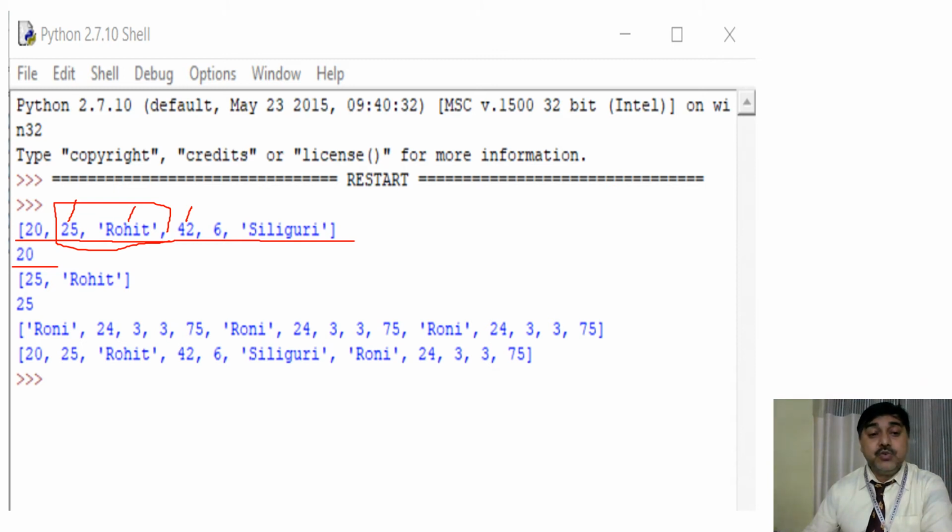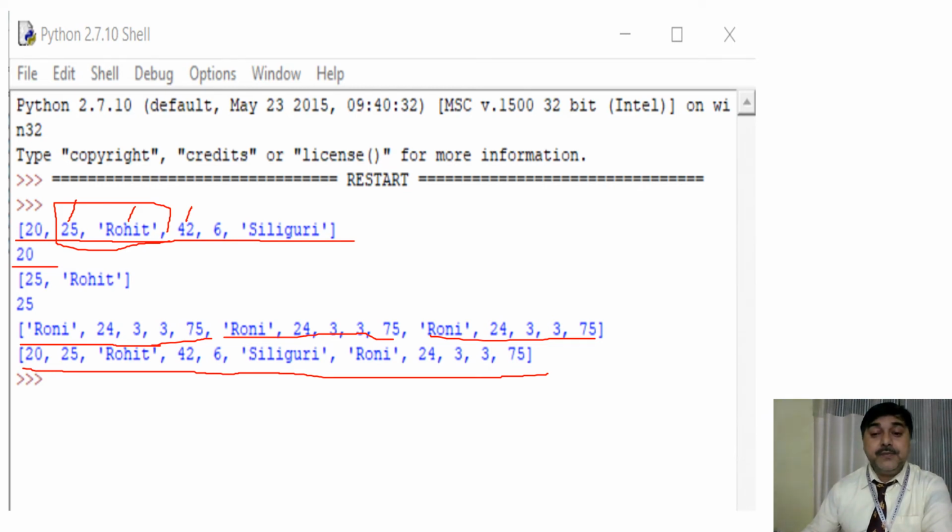Then I have said 2 into 3, that means the second is to be printed thrice. So it has been printed thrice. See, this is one set, then another set starts from here, and this is another set. So there are 3 sets. Then what we have done is concatenated, added them. So the first set and the second set have been added here. Okay, so this is how the thing is added and can be utilized here.